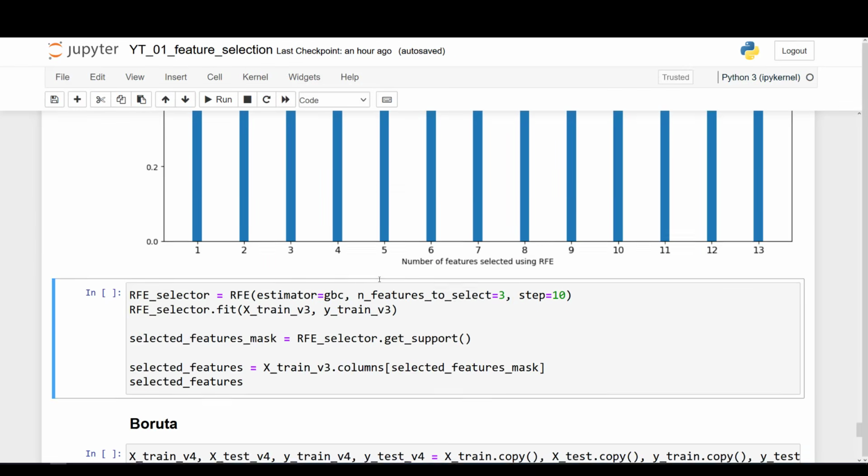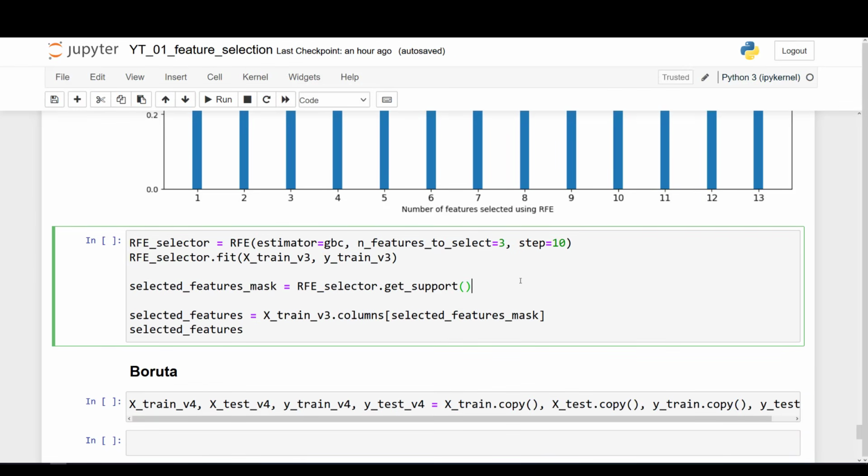And so again, we can see which features were selected by the RFE algorithm. So again, I'm not writing this from scratch because it's essentially the same thing as we did before for mutual information. So just reinitializing my selector here, because I know I want to select 3 features and I have 13. I actually made a step of 10, so that it's only going to run once. Fit the selector, and then you get your mask with the same method, get support,